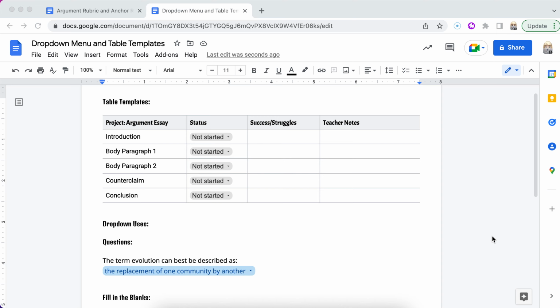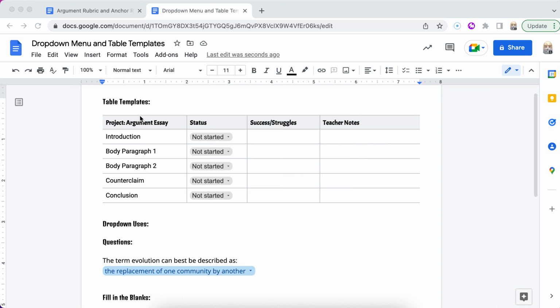Recently, Google Docs introduced two new add-ons to the program that are really nice add-ons that can be very helpful in the education setting. So I wanted to show you guys how to use these two add-ons and how you can integrate them really easily in your class to make things a little bit easier. So I'm going to show you just how these might look and then how you can build them and use